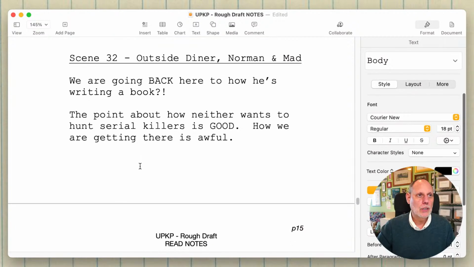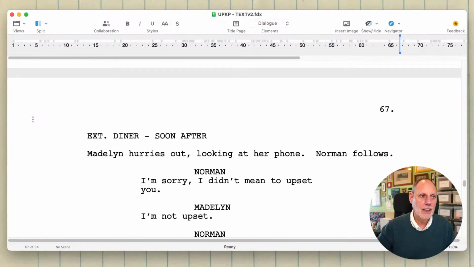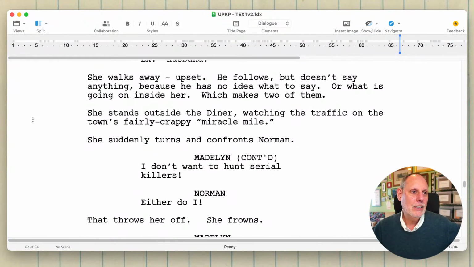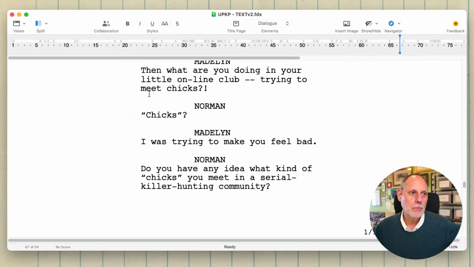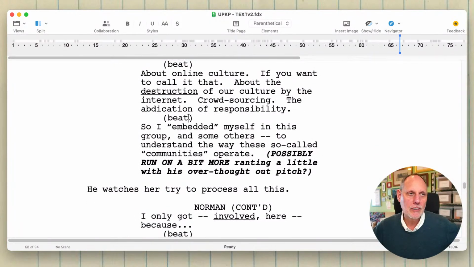Okay, so they go outside, and here, this is again a case where I wasn't thinking when I wrote this. He starts to talk all about why he's writing the book and stuff. Now, we just 3 scenes ago had him doing a lecture about it. That's no good. Or actually, I think it was 5 scenes ago. It was their first night together.